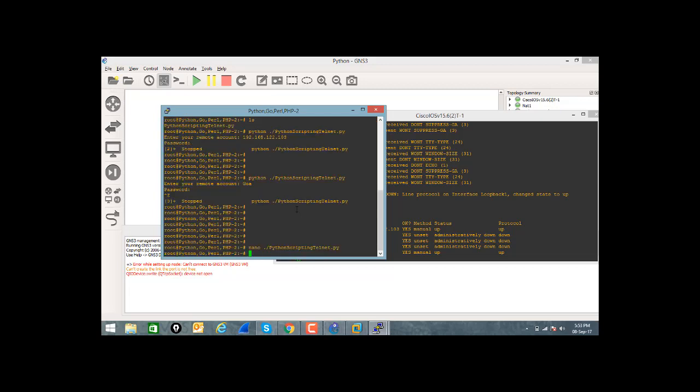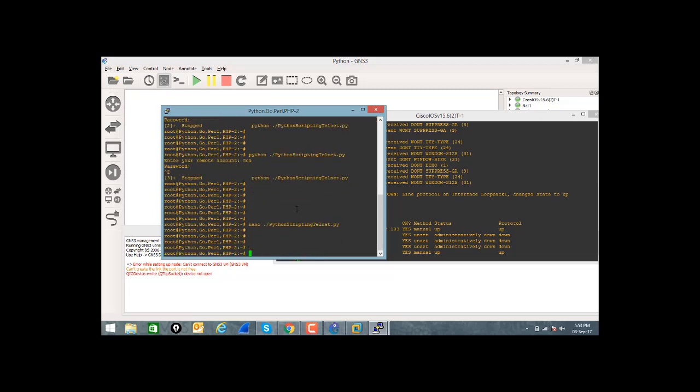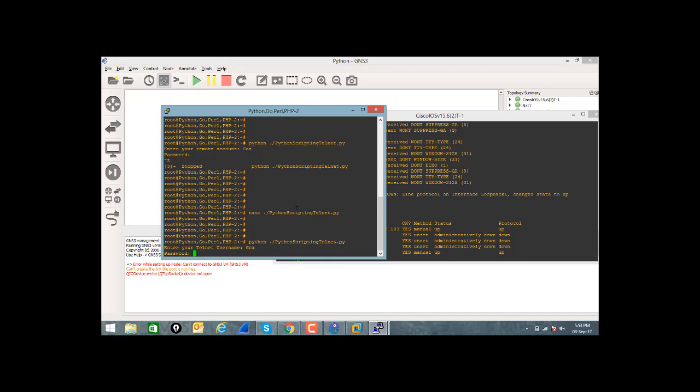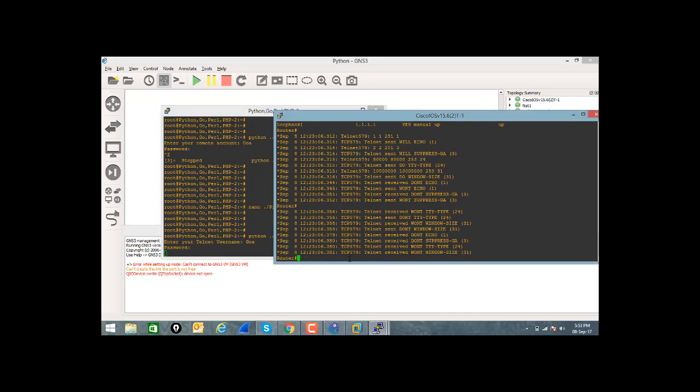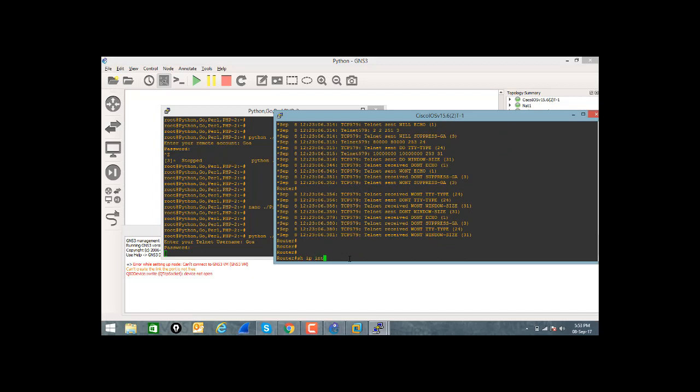Yes, same name. Now if I run the Python script again, it will ask to enter your telnet username. It is Goa and it is Benji. Now see, again the data has been received. Now let me check if I got